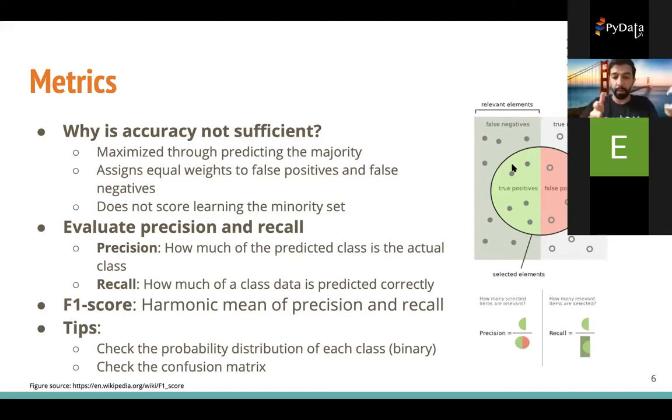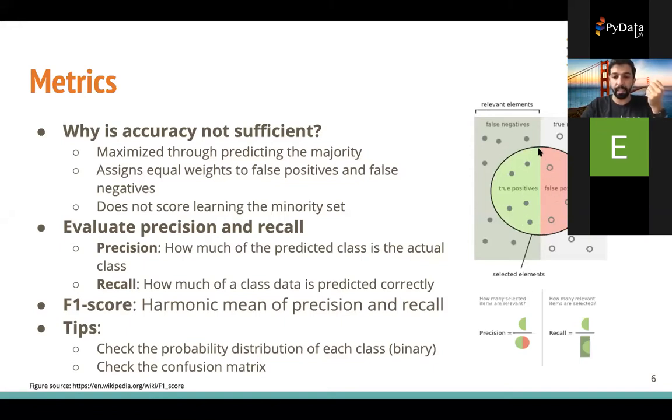So let's see how we apply precision and recall. The left side of the circle, these are the positive label data that are correctly classified as positive. The right side of the circle, these are the negative label data that are falsely classified as positive. We call these false positives. The precision is basically how much of the predicted data is accurate.